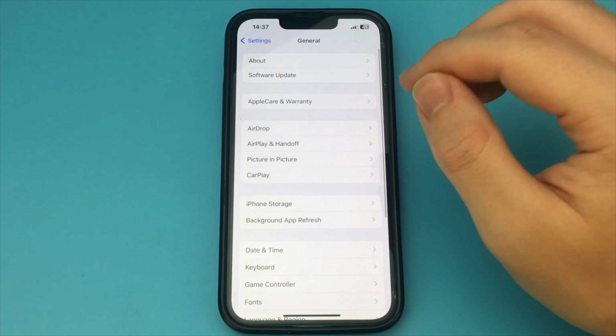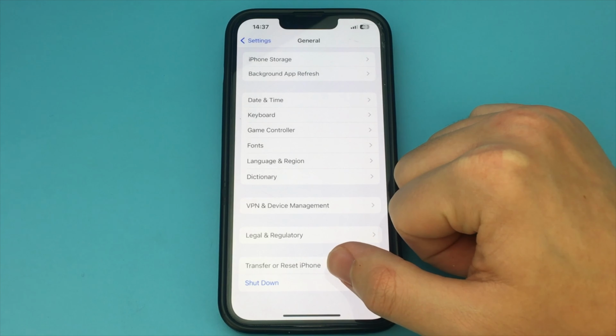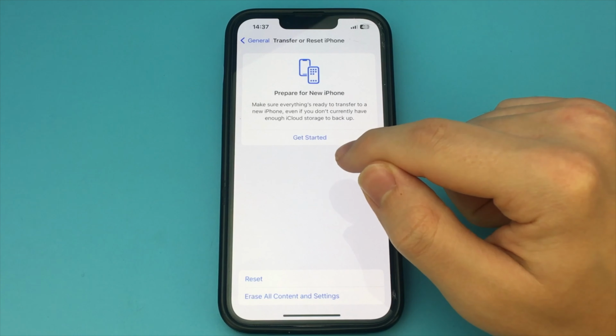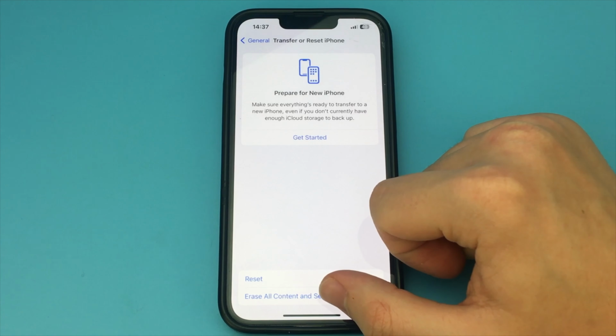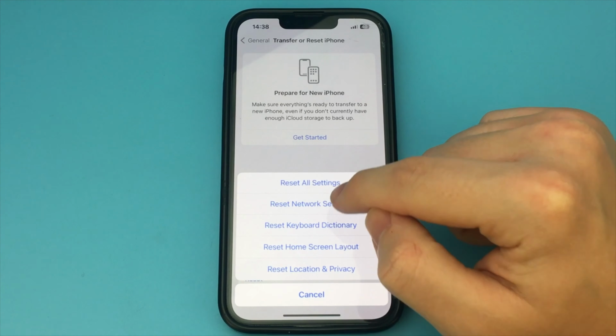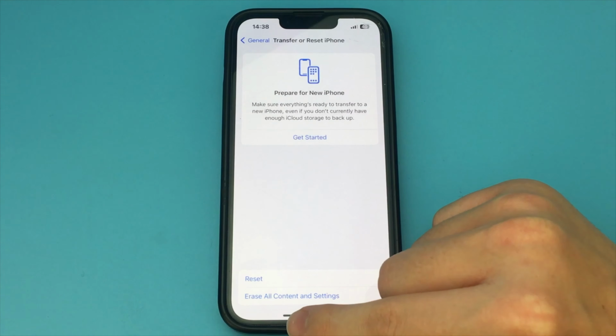To do this, go into the iPhone settings and open the item, General. Then go below and find the item, Transfer or Reset iPhone. And here you need to select this button. It's at the bottom. Click it. After that, click Continue. Then we enter the password for our iPhone. As soon as we enter the password, the settings will be reset, and the iPhone will be rebooted.